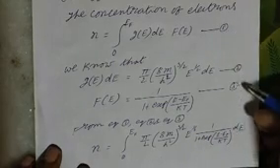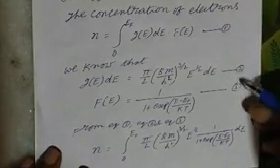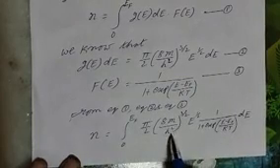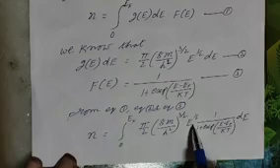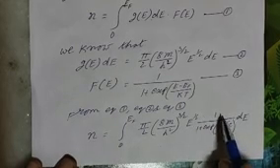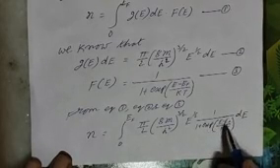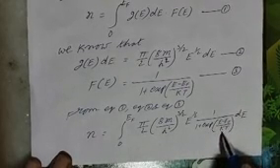Now, by using these two equations, 2 and 3, in equation 1, N is equivalent to the integral from 0 to EF of pi by 2 into (8m by h square) whole power 3 by 2 into E power half into 1 by 1 plus exponential of (E minus EF) by kT into dE.